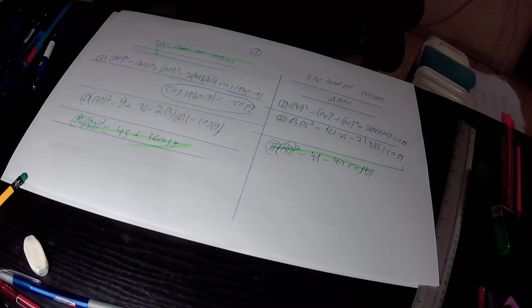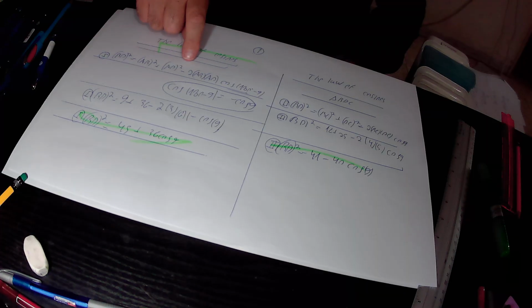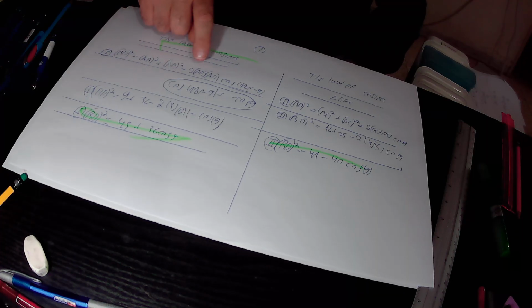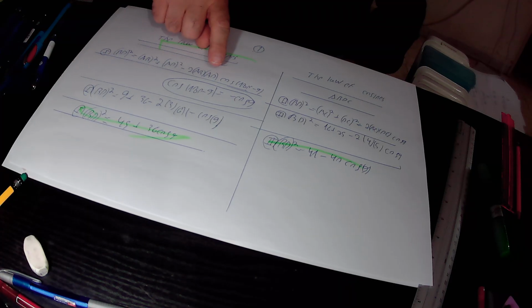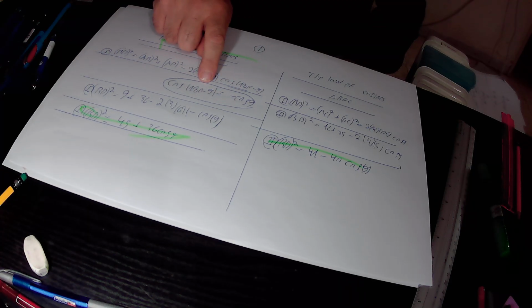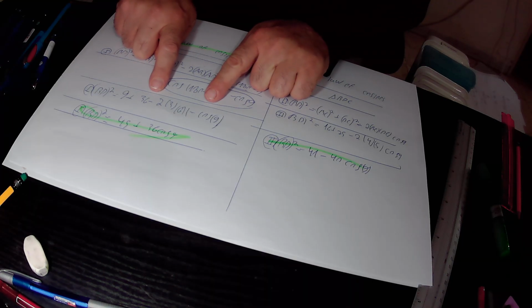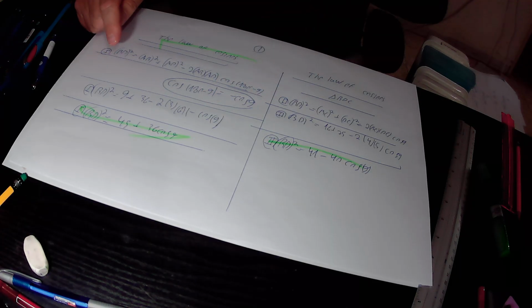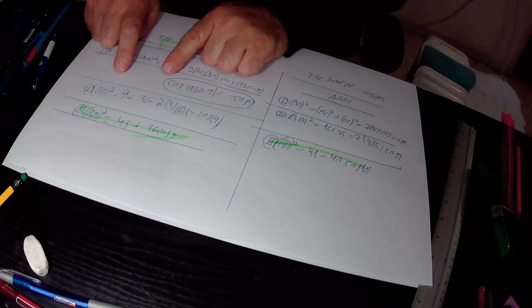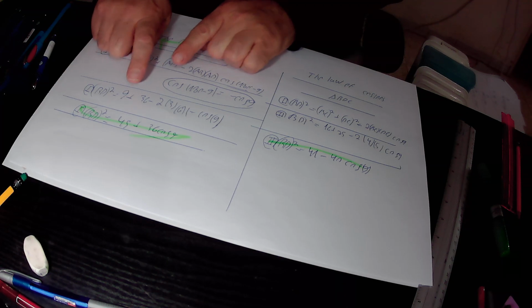So if you know that BD square equals AB square, that is 9, plus AD square, AD is 6, so AD square is 6 square, that is 36, minus 2 times AB, that is 3, times AD, that is 6, and times cosine of 180 degrees minus alpha, this is minus cosine alpha, according to this trigonometric identity. So this expression in total is positive, because minus times minus is plus. So BD square equals 9 plus 36 is 45,